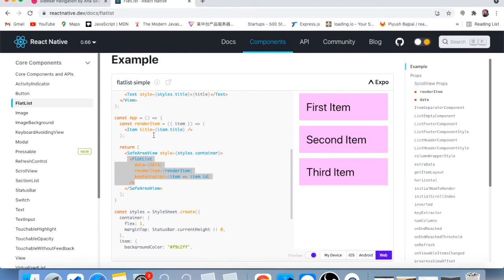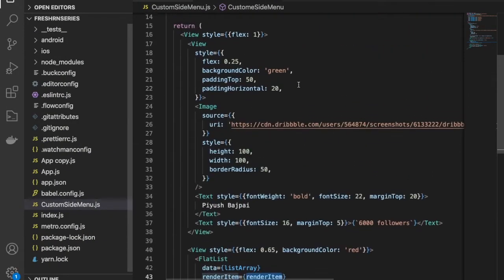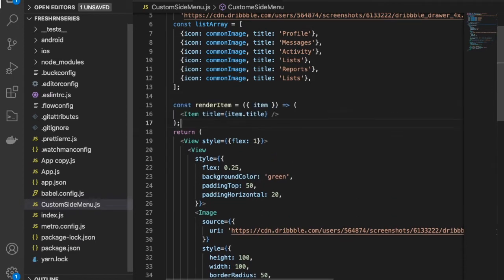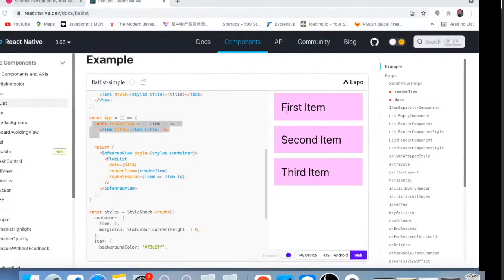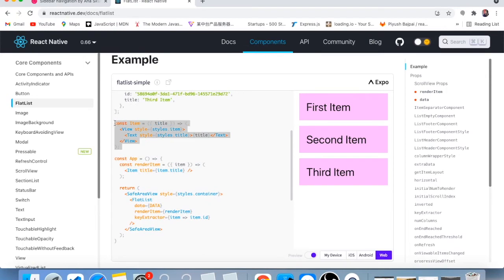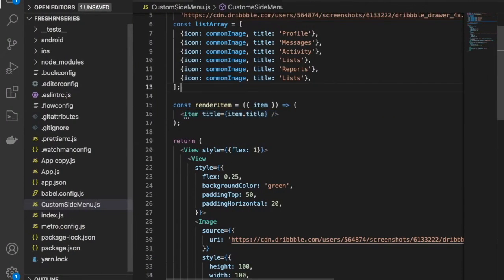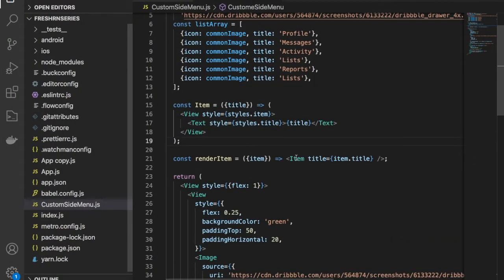So we have this renderItem. For rendering the item, I am using another function, this renderItem, and this is basically an item. This is kind of a component, and we have this component over here. Just copy this and use it over here. I'm not going to change anything over here.